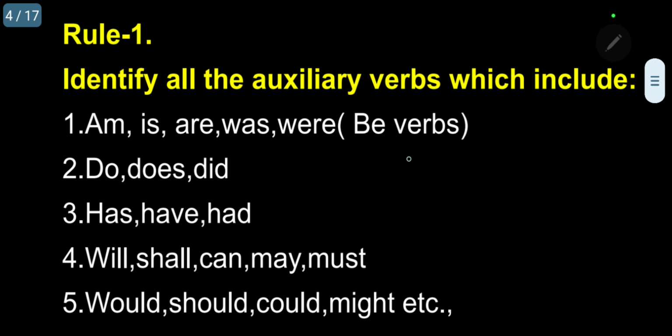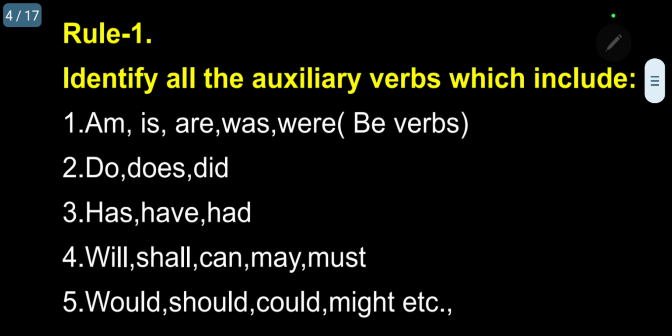Now I will come back to the auxiliary verb. I told you the most important are main and auxiliary verbs. Only with the help of auxiliary verbs can we raise two types of questions: the yes or no questions and tag questions. The third most important one is WH questions. Only if you know auxiliary verbs clearly can you ask questions without mistakes.